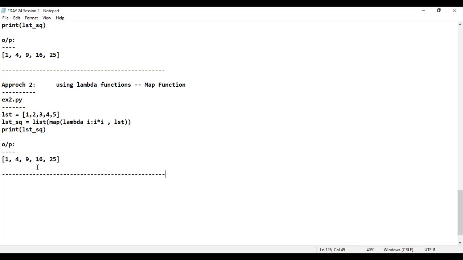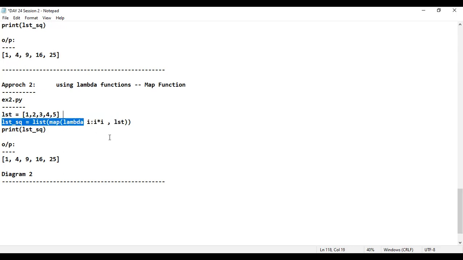Is that fine? Now, I'll explain diagram number 2. Will you write diagram number 2? Same as how I have explained for the filter function, it will also evaluate whether it is true or false. That means all the data will be given, and the condition will be evaluated. First time I will be given 1 raised to 1, next 2 raised to 2, 3 raised to 3. But ultimately, I'll be getting the output. Please tell me, will you write the diagram? Please do respond.